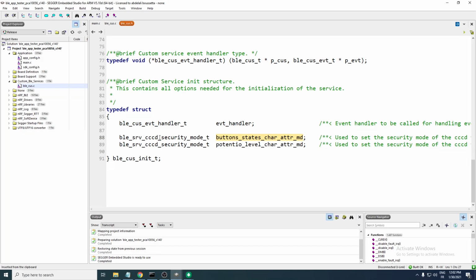You need to set the security mode on the CCCD level, so the client or the application can actually enable or disable the notifications. Same also for the potential level. It has the CCCD, which is the client characteristic configuration descriptor. This is used to enable and disable the notifications. So in order for the application or the client to enable or disable the notifications, it needs to write to